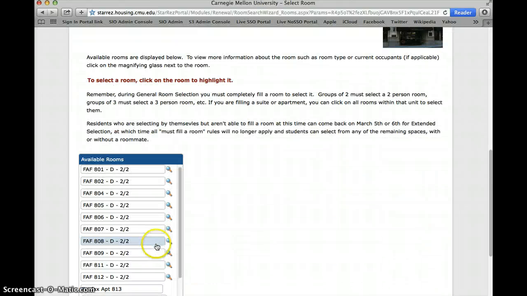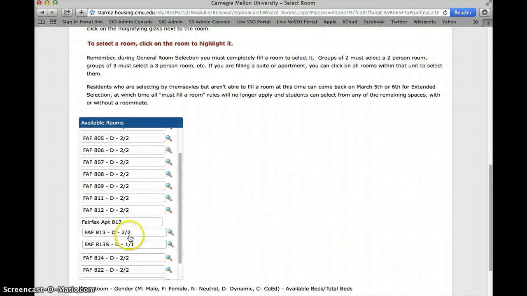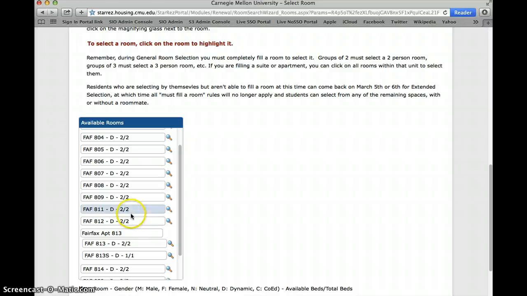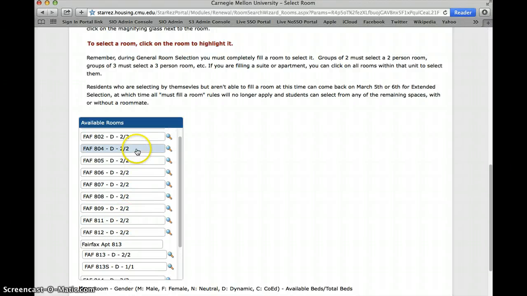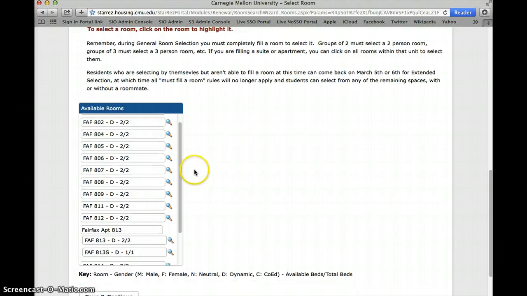This Rooms page shows you all of the available rooms on that particular floor. The number shown next to each room shows the number of available spaces and the total capacity of the room, so that you know how many vacancies are in each room. The D next to the room number indicates that the gender is dynamic, which means that the room is not yet designated for male or female. Once someone selects the room, it then shows the gender of that person. If you see an M or an F next to the room, it means the room is already designated for